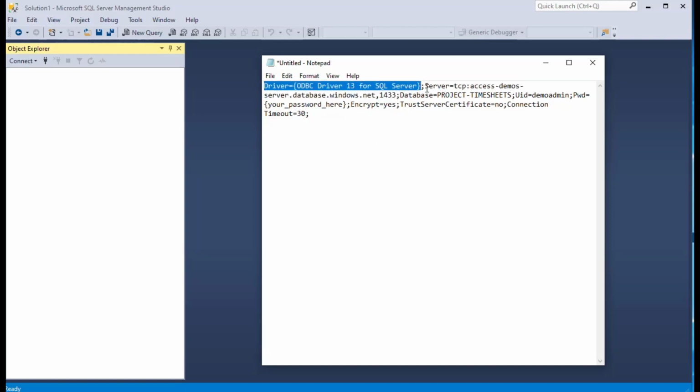So there you go, that's our connection string. This one's specifying ODBC driver 13, and you can see it's got all different kinds of information. In this case, we can get our server name out of there, which is the access demos server.database.windows.net. And so we're going to copy that because we're going to use that in SQL Server Management Studio, which